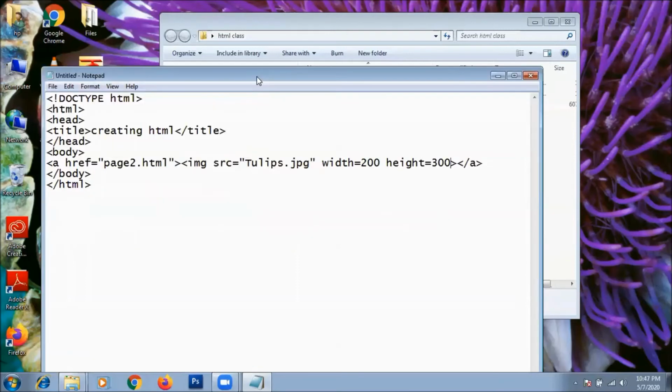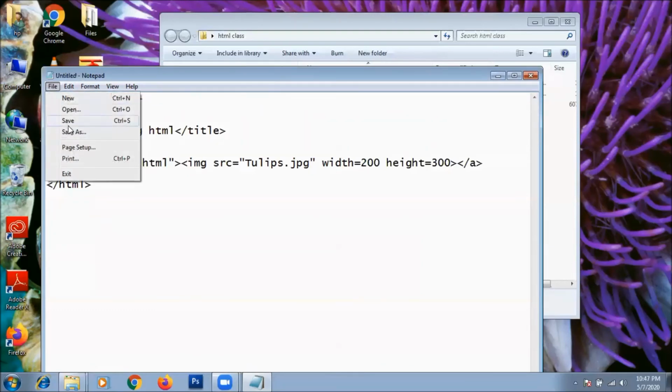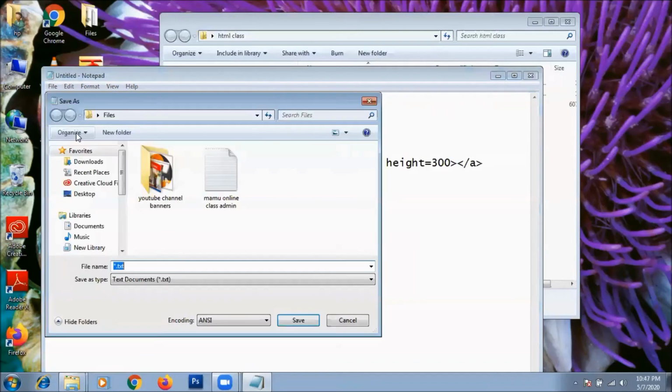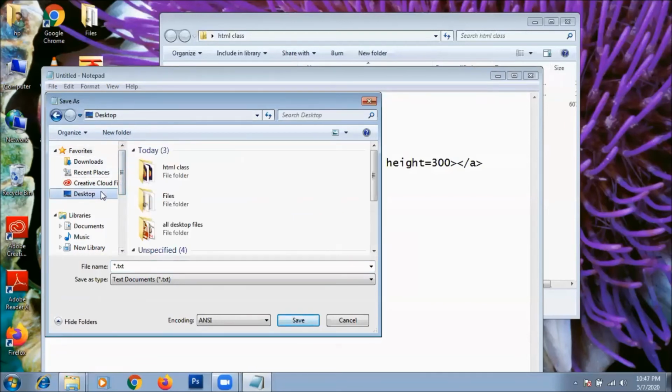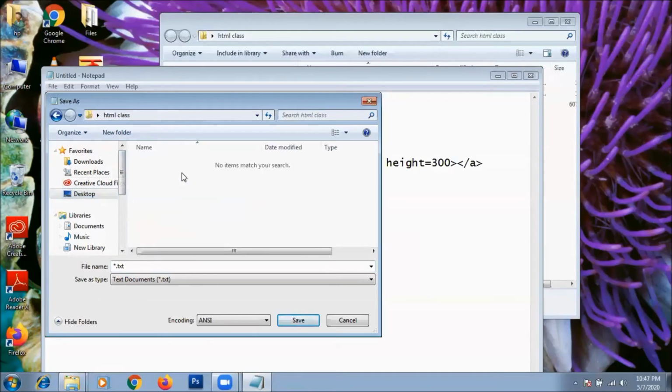After typing all the related code, our next step is to save it. As you know how to save, all the files are kept in the same location, that means the HTML class folder.